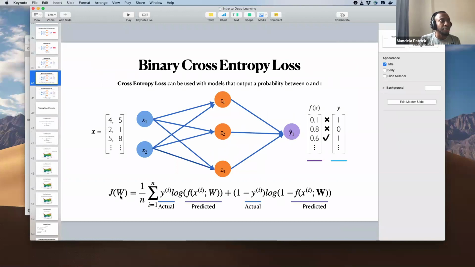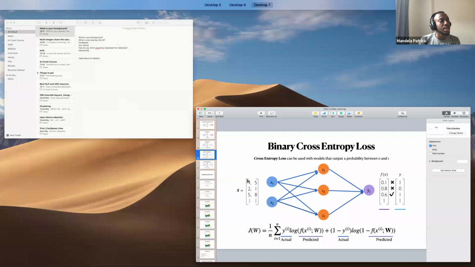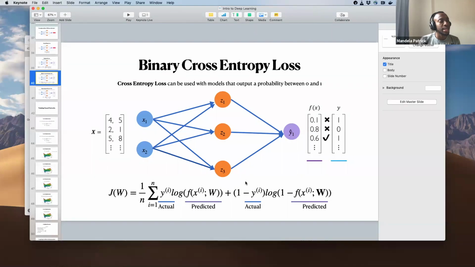And it's the average loss over all of the examples in your training set. In this case, we're using the cross entropy loss. Essentially, this is the ground truth of the actual value, and then we get the log of the predicted value of the model, and then we average it across all of the examples in the training set.